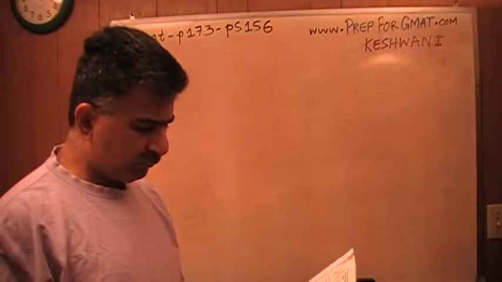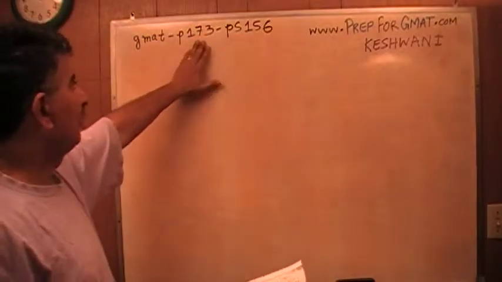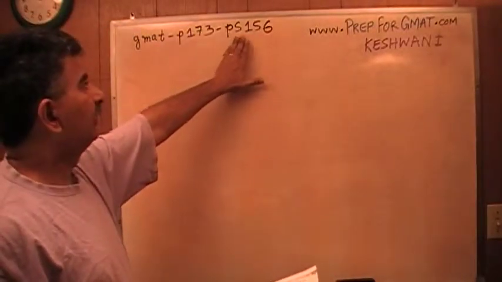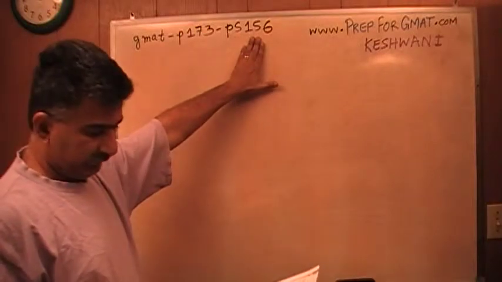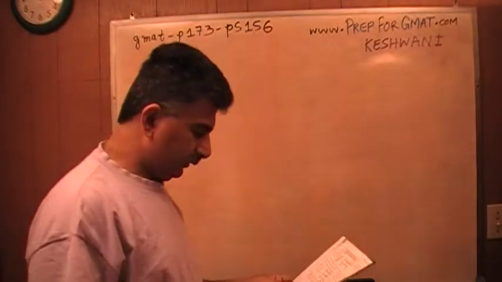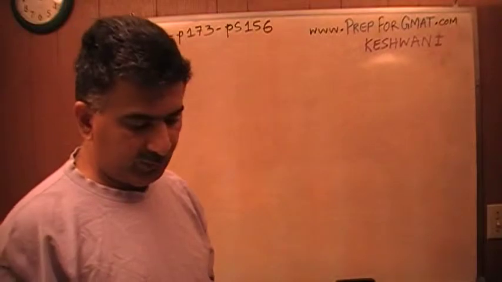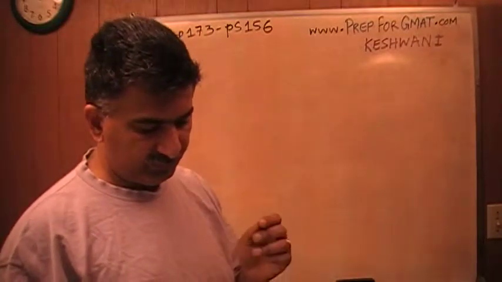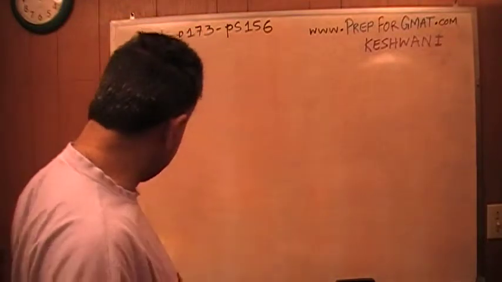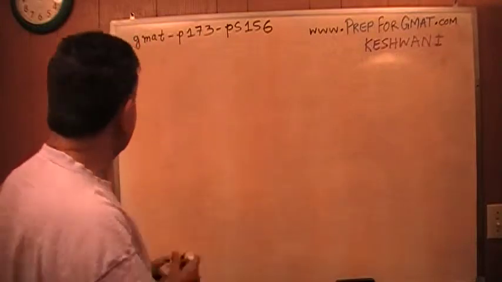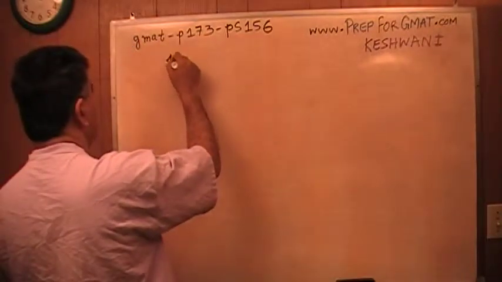The problem that I'm about to solve is the one that you will find on page number 173, problem solving 156. Let's take a look at it. It says a tank contains 10,000 gallons of solution that is 5% sodium chloride. Alright, so 5% sodium chloride by volume. So we have 10,000 gallons,